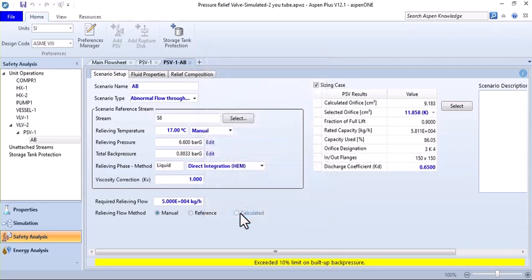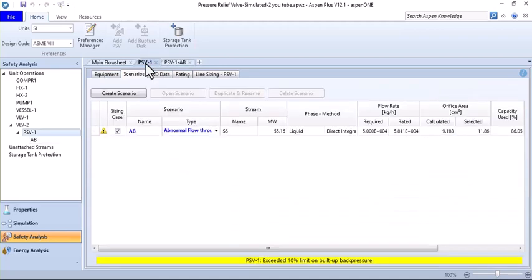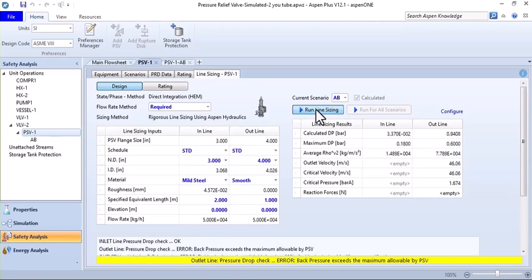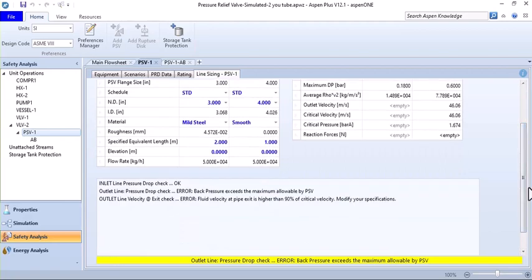Okay, I'll be back to the PSV1 and line sizing PSV1, and again I run line sizing. It takes some seconds. Okay, the